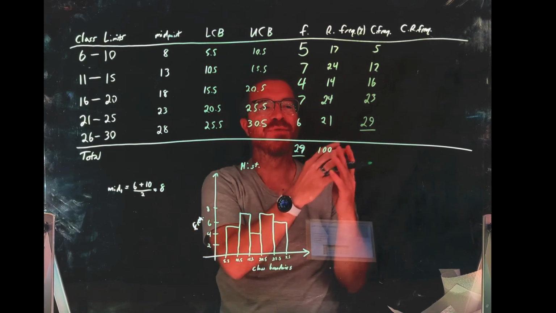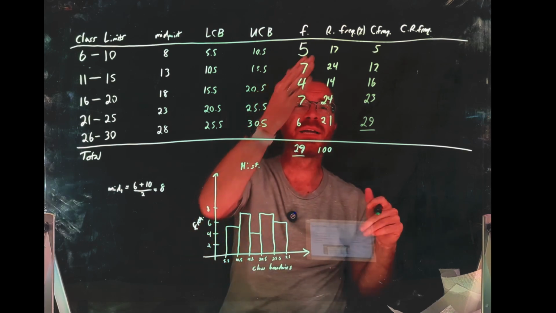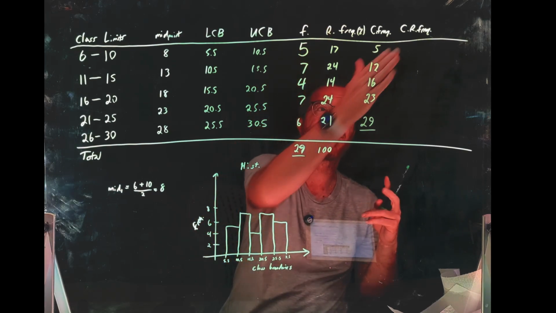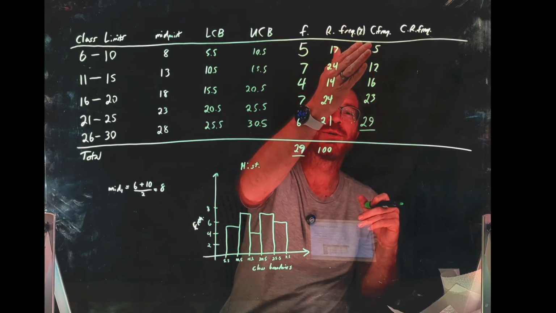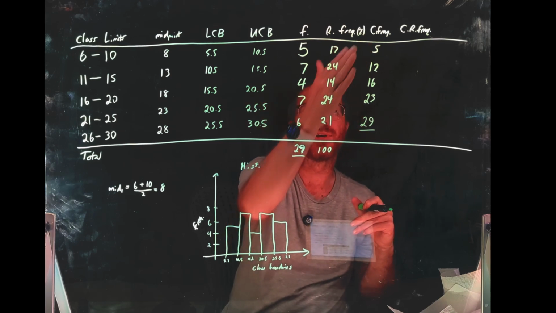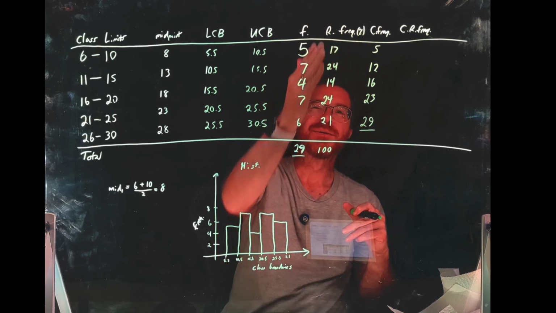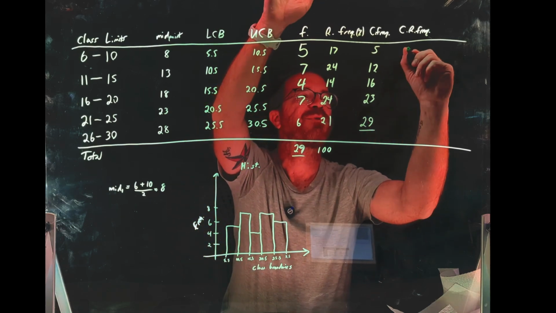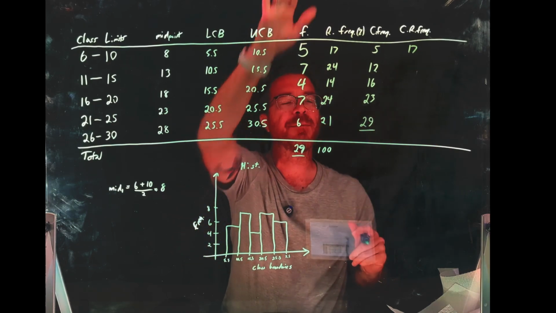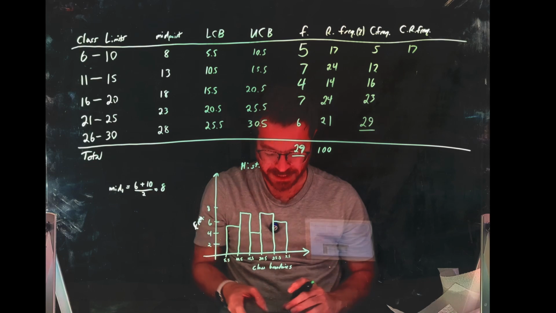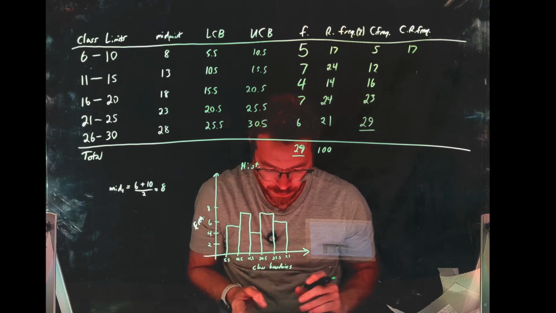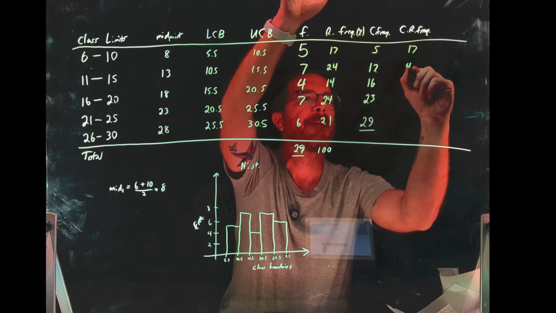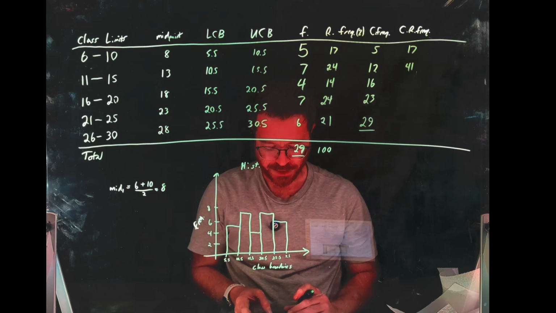And the last one, cumulative relative frequency. Again, we can either add up our relative frequencies and put them here, or we could take the cumulative frequencies and we could take the relative frequency of these cumulative frequencies. So again, I'm just going to add up our relative frequencies. So the first one will be the same, 17%. And so the next one is going to be 17 plus 24, which is going to give us 41%. The next one is going to be